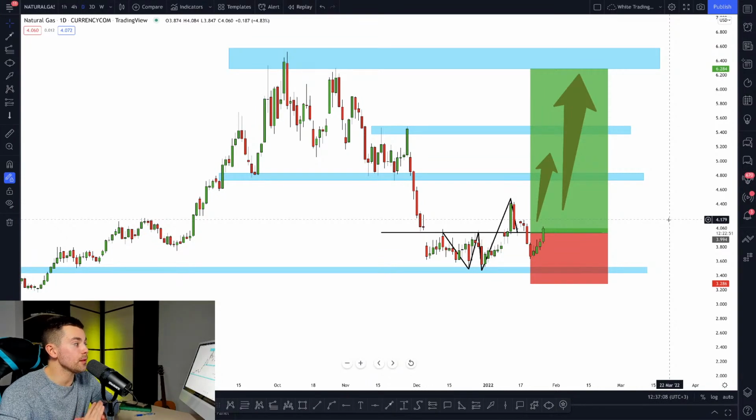And as you know, right now there are some tensions between Russia and Ukraine, and of course that may lead to the increase in gas prices. So that is not only the technical trade. In my view, it is a very fundamental trade as well. I hope that